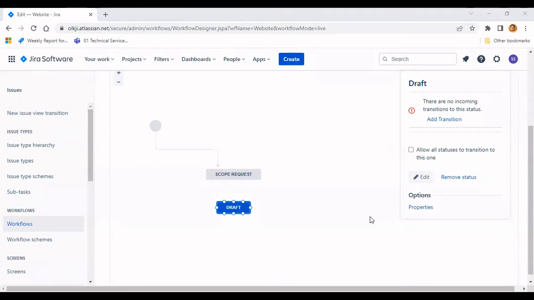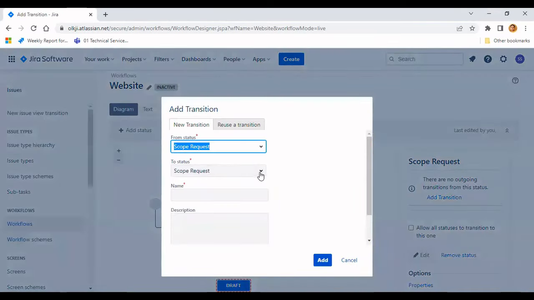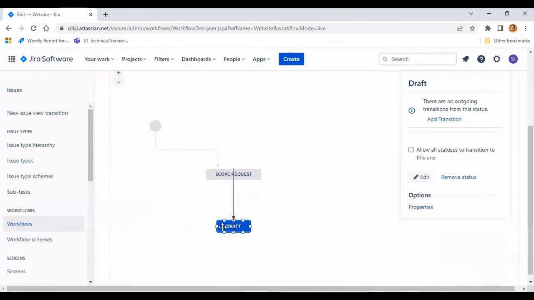Now, what's the transition which we have to do? If you remember, we have to do our start work. That was the transition, right? So let's go and do the transition. A transition scope request to draft, call it as start work, and we'll add. So now we have scope request, we have start work, draft, right?